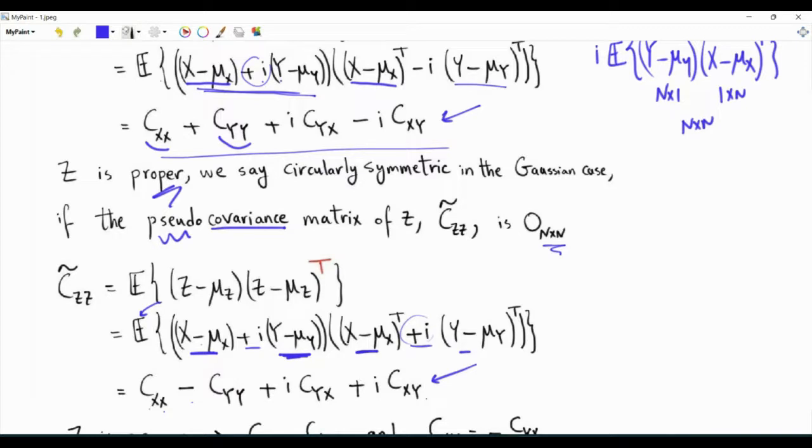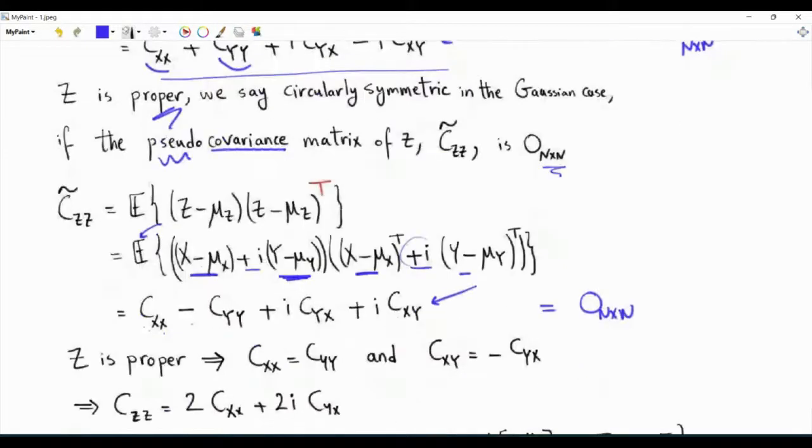The pseudo-covariance can be computed for any complex valued random vector. But if we want our vector to be proper, or in the Gaussian case, we say that the vector is circularly symmetric, then the pseudo-covariance matrix must be equal to the all-zero matrix. So if I have a matrix that is equal to the all-zero matrix, then the real parts are all equal to 0, and the imaginary parts are all equal to 0. So this Cxx minus Cyy must be the all-zero matrix,